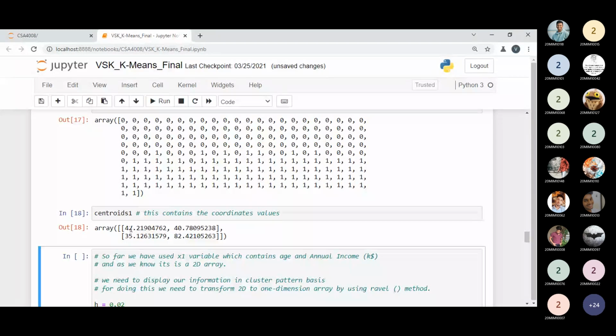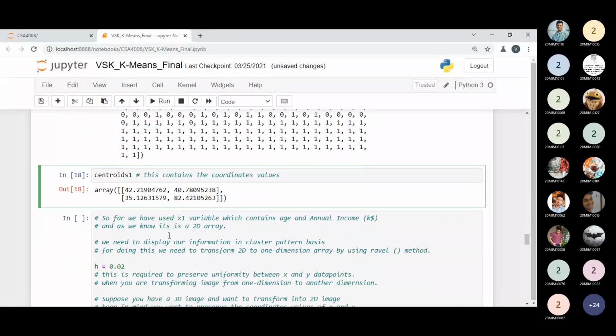If I have two centers, we get two values. One is 42.21 and 40.78. The other center's location, or coordinates, is 35.12 and 82.42. So we are getting the coordinates of the centers.